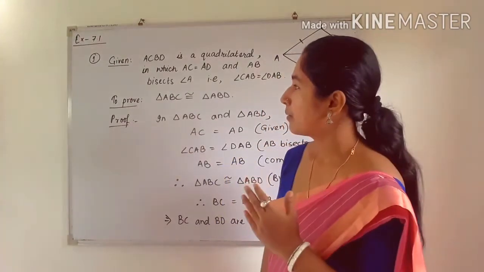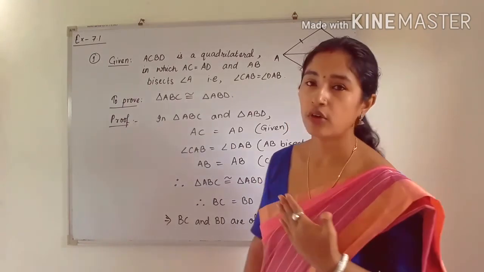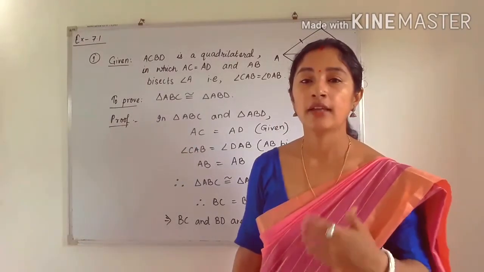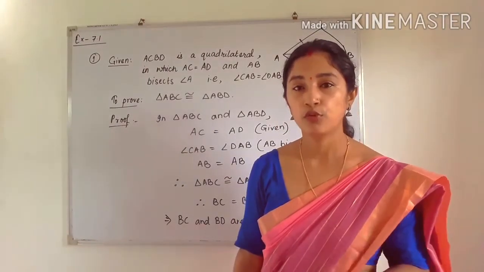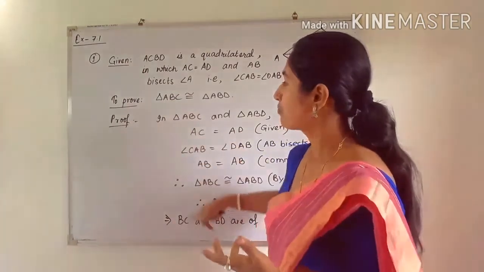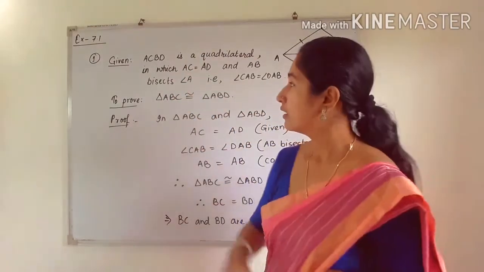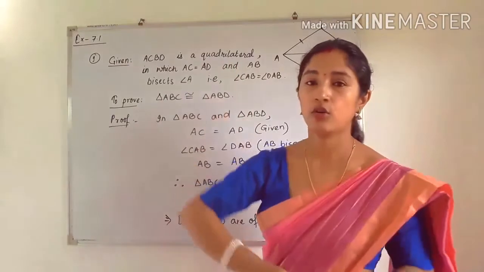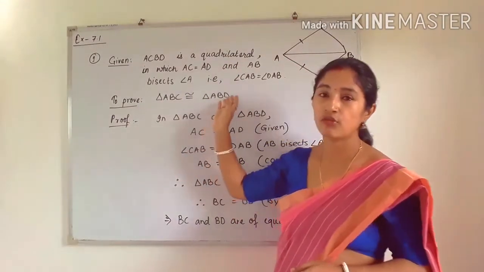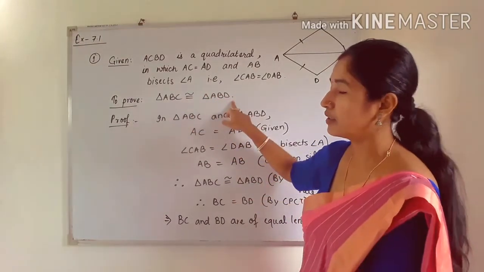See, there are steps, so you have to follow these steps. First of all you have to write the given condition, second you have to write what we have to prove, and third we have to write the proof. What we want to prove we have to write here. Okay, so these two parts we can collect from the question itself. The given condition is already given in question number 1. Next, what we have to prove is also given. What we have to show is given in the question. So in the 'to prove' part we have to write this.